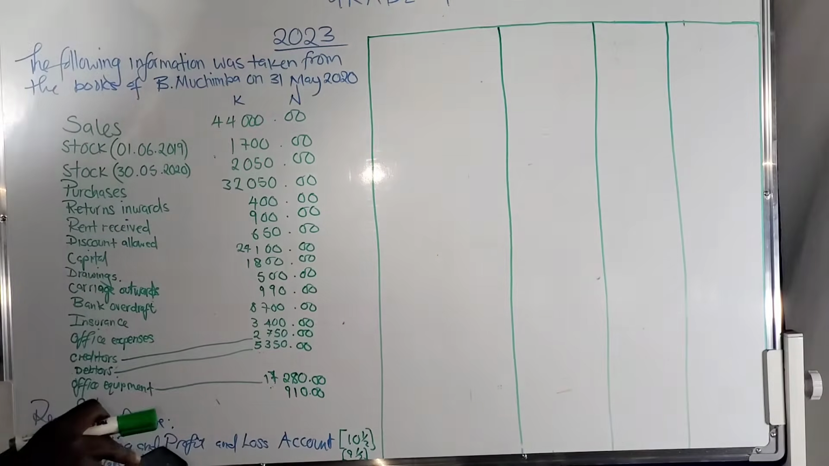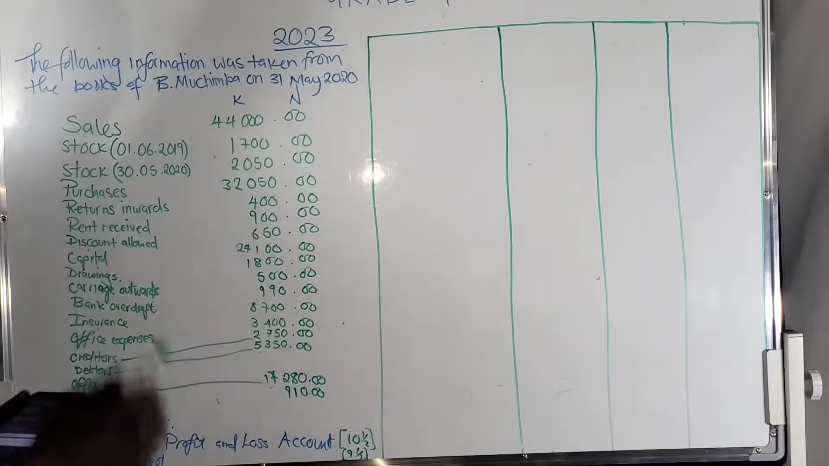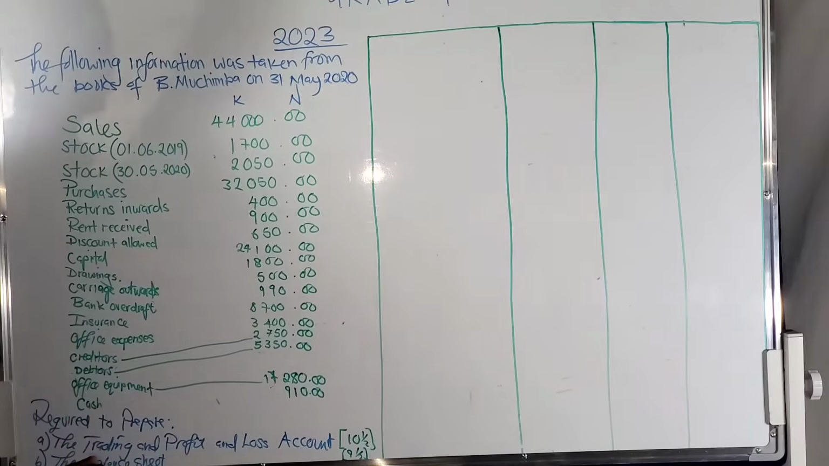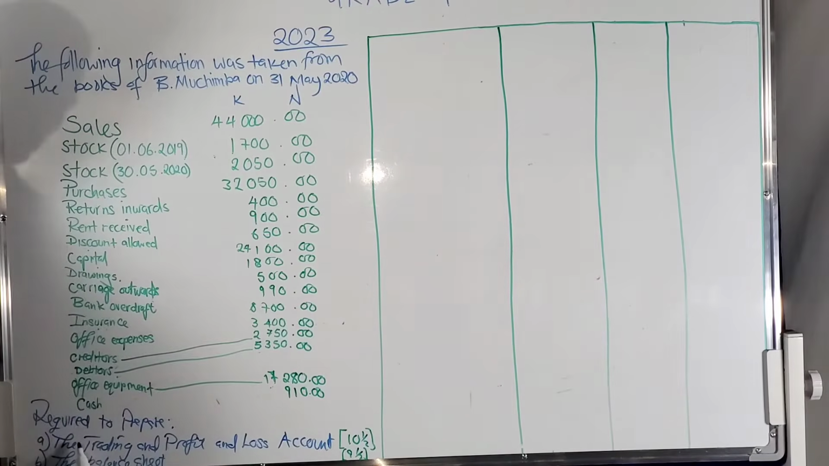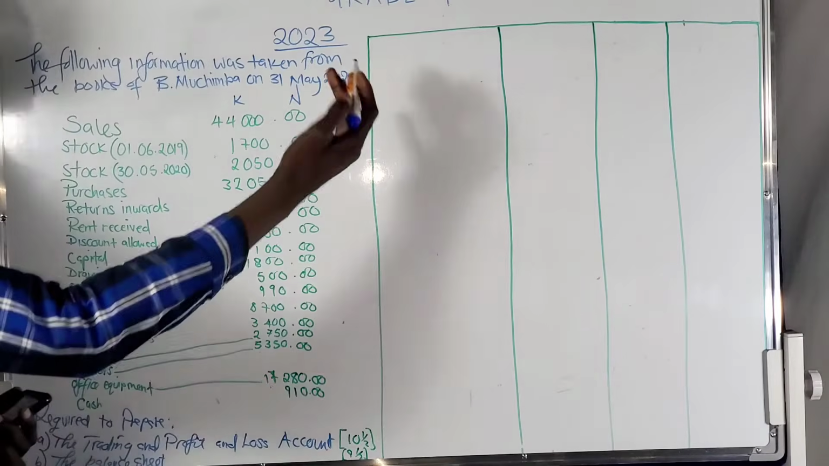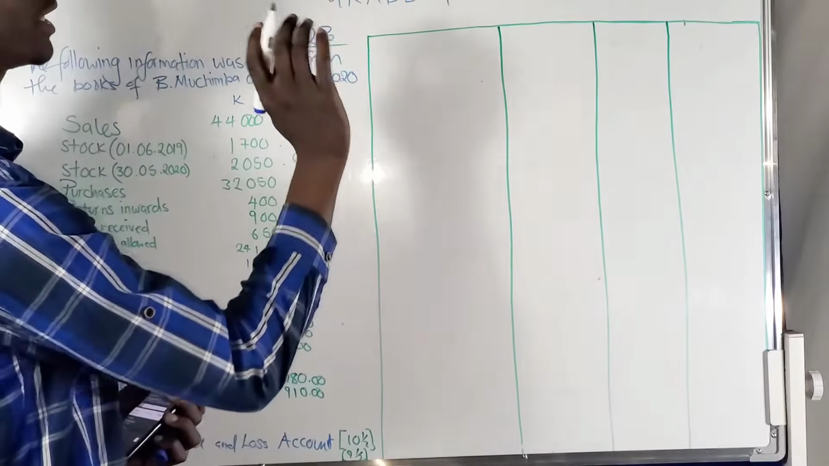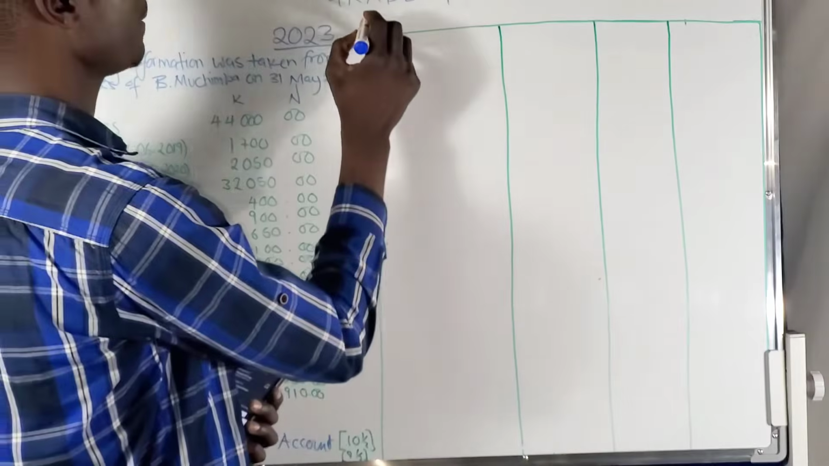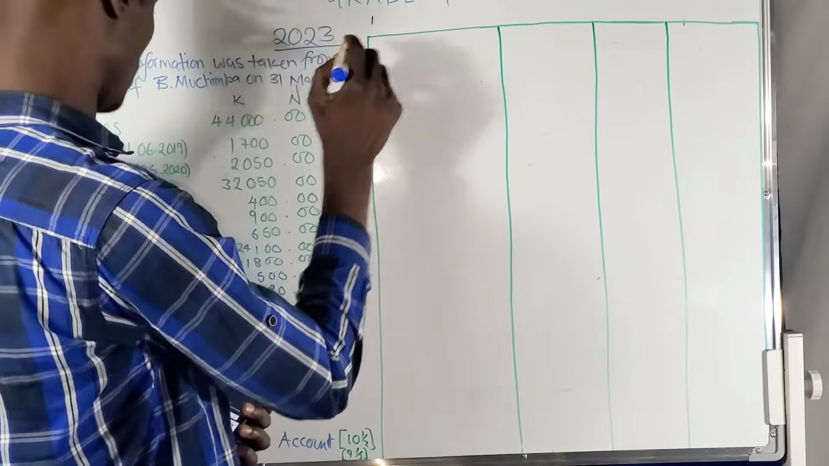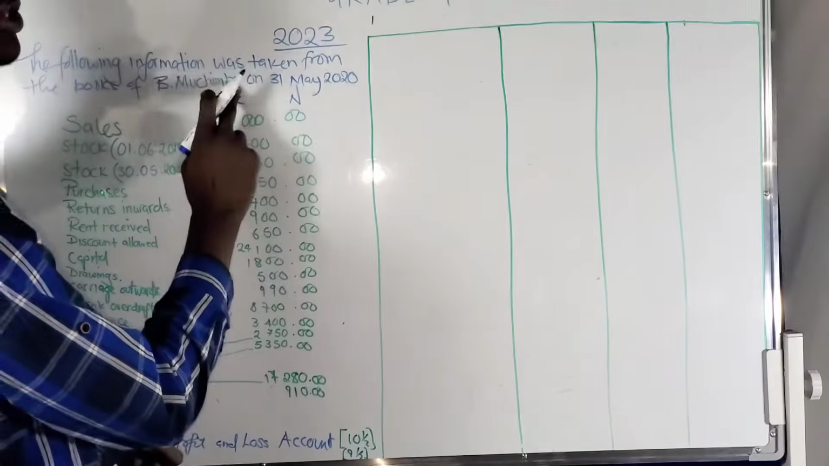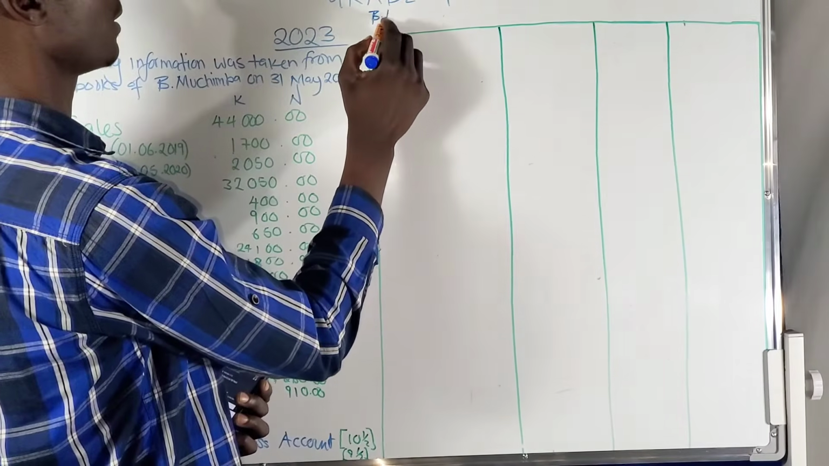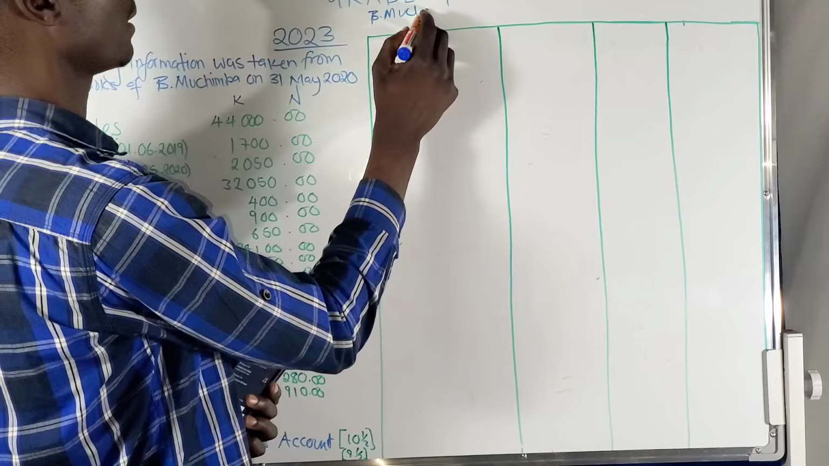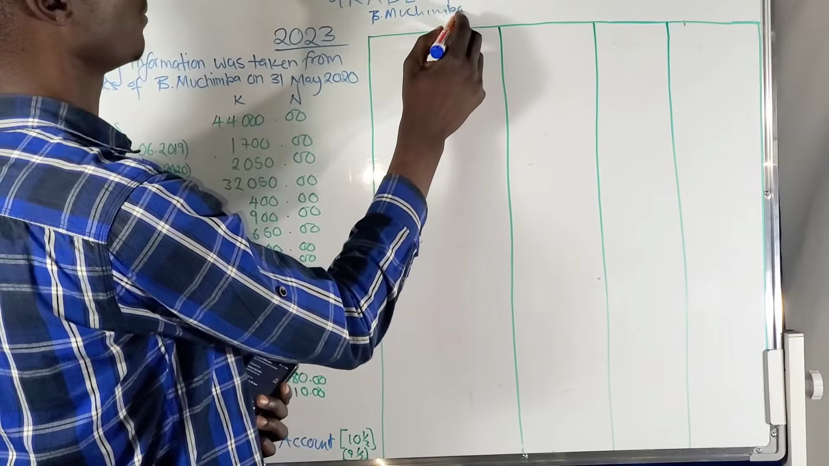All right, so the question. This is the information we are given. The very first question here, we are asked to prepare the trading and profit and loss account. So here we're going to write the title, and our title will be the name of the person, B Muchimba. So we're going to write B Muchimba's